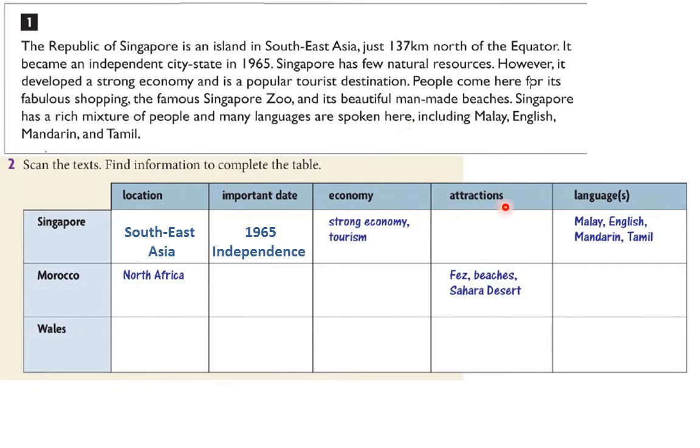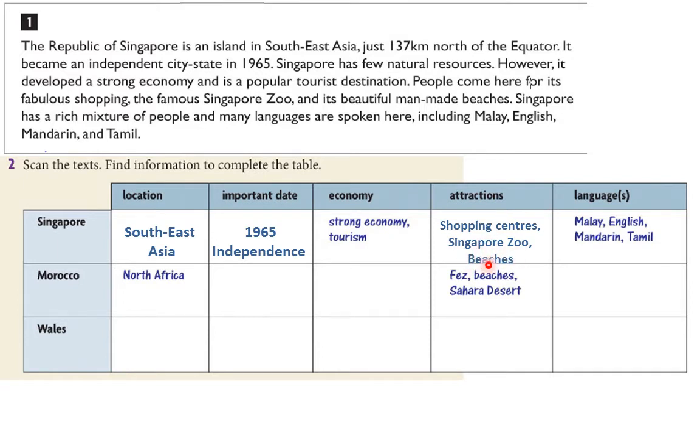Also, we have attractions. Attractions means the places in this country that attract people to visit. So we can see in this sentence, people come here for its fabulous shopping. So shopping, we can say shopping center. Famous Singapore Zoo. There is a zoo as well, and also there are beautiful man-made beaches. So the three attraction places are shopping centers, Singapore Zoo, and